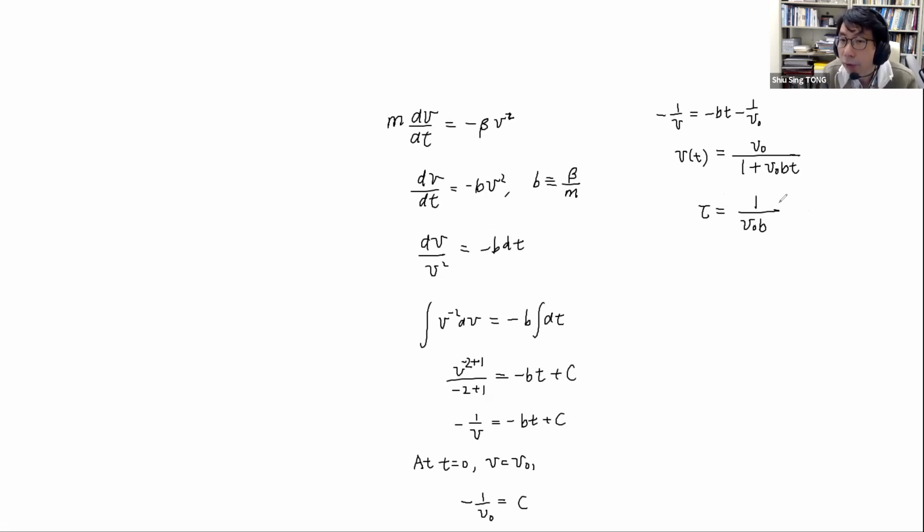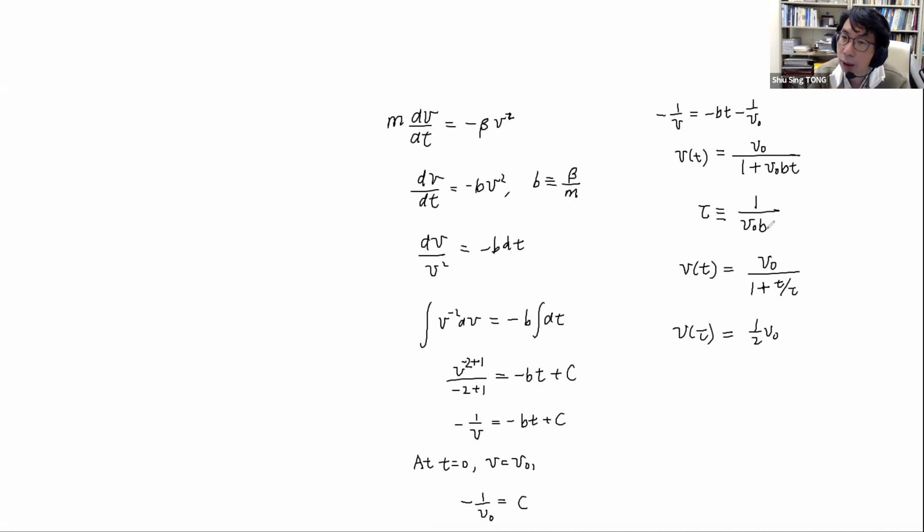Okay, so with this time scale, I can rewrite the velocity in terms of t over tau. So at t equal to tau, when the time t is equal to tau, the velocity obviously decays to half of its initial value. So this is the time scale that characterizes how fast the system changes. Now,